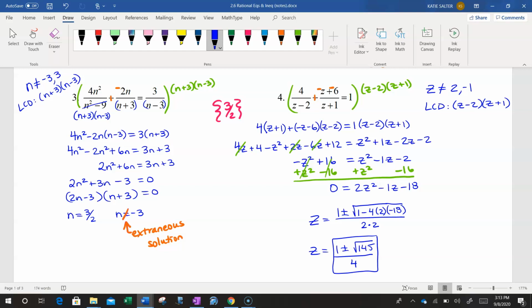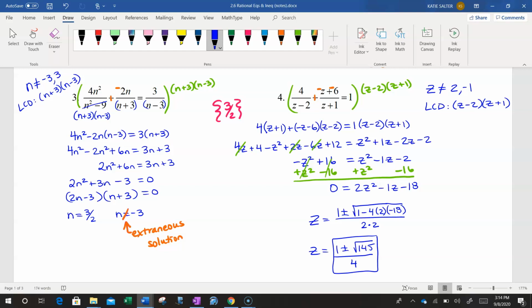We end up with negative z squared plus 16 equals z squared minus 1z minus 2. Move everything to one side, and we get down to a trinomial. In this case, this trinomial is not factorable, so it's a little bit simpler to use the quadratic formula. Pop into our quadratic formula, and we end up with 1 plus or minus the square root of 145 all